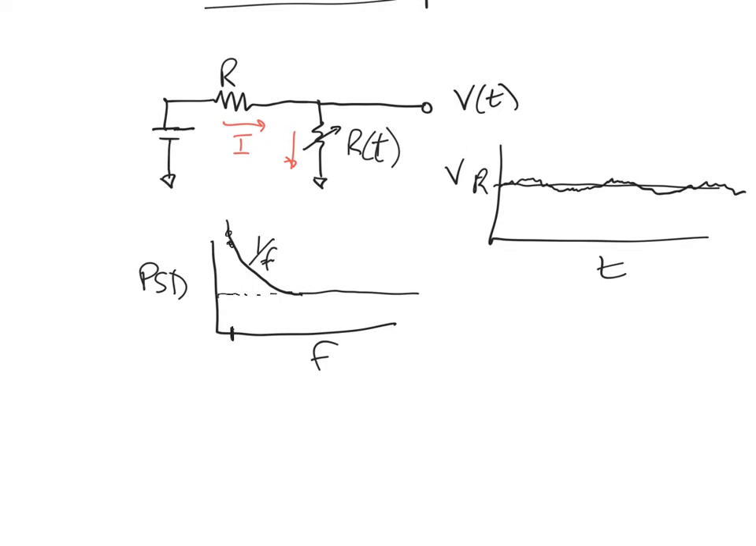Well, if I could figure out a way to instead move my measurement of that resistance up to these frequencies up here where the noise is white, then maybe I could do this without suffering the effects of this 1 over f noise. So how can I do that? Well, one way I can do that is by taking this source that was a battery,